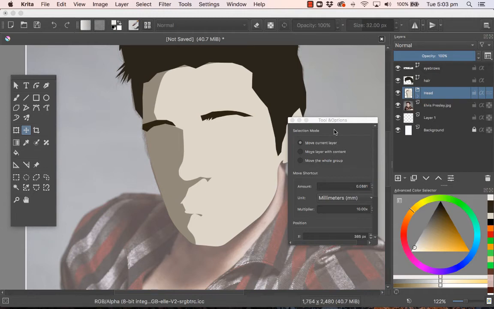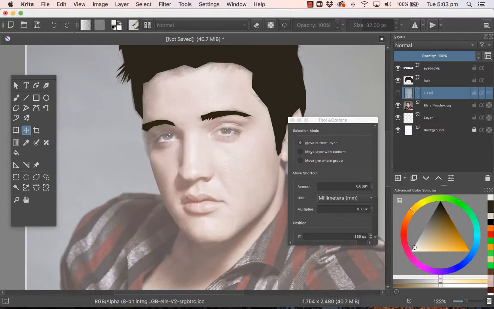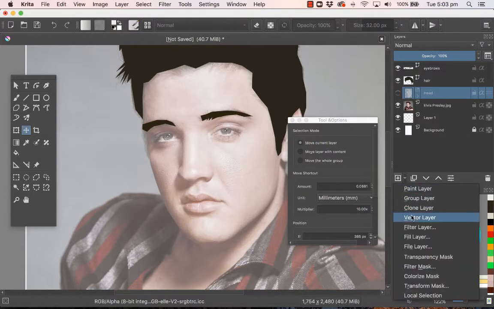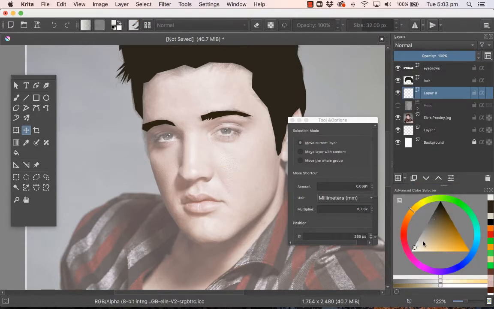So let's continue with the vector portrait of Elvis Presley. Now I want to add the eyes to the face, and for this again I can hide the layer for the head. That's the group layer there, so I can actually see the photo underneath. And then I create a new vector layer, and I've already chosen my foreground color for the eye color,